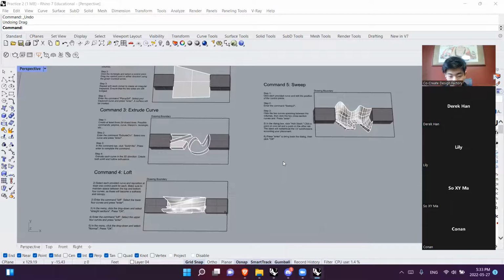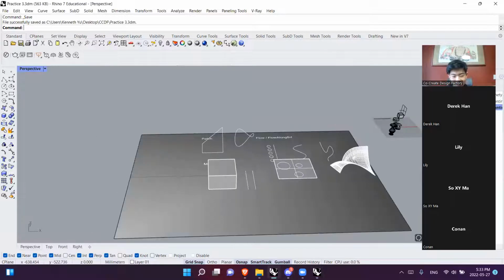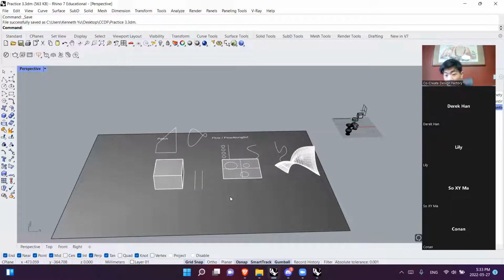So today we're just working on, as I was saying, expanding our knowledge of sweep, especially. Last time I was talking about this concept called cross section, and I found a very useful command that showcases this concept very clearly. Okay, so if you could all open the practice